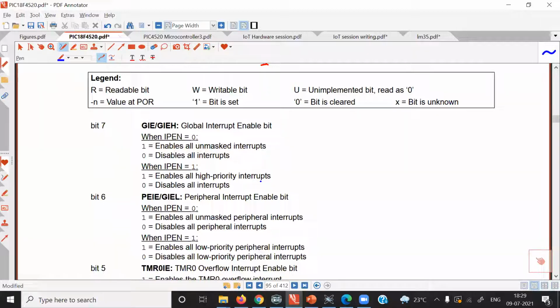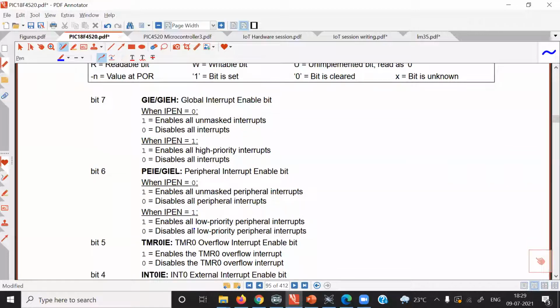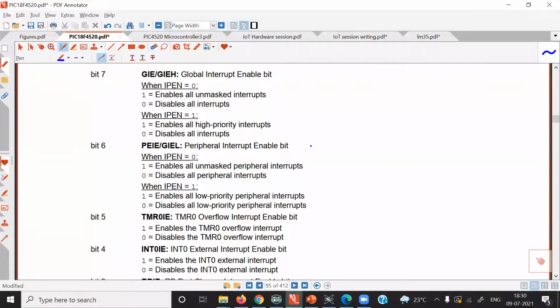With the help of this PEIE bit, we can enable peripheral interrupts. When this bit is 1, it enables all low priority interrupts. When IPEN is 0 and the PEIE bit is 1, it enables all unmasked peripheral interrupts. So for enabling the peripheral interrupts, this bit must be set to 1.